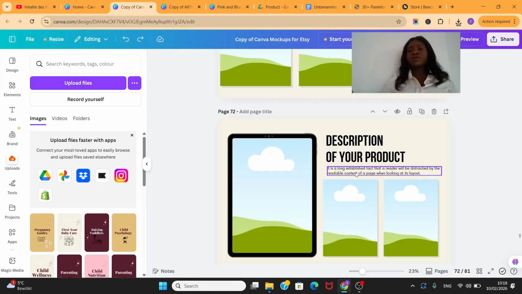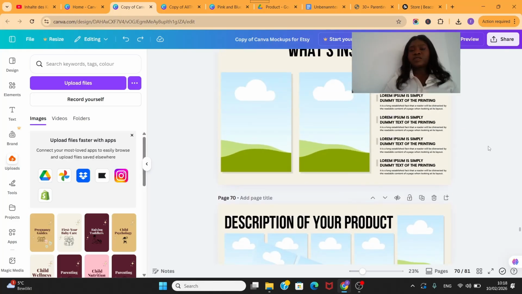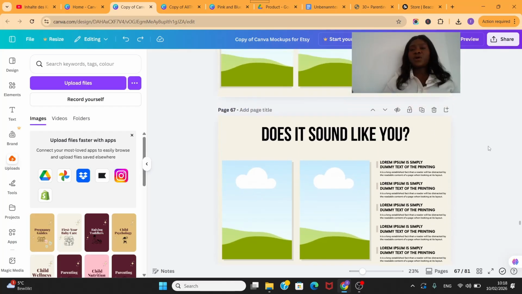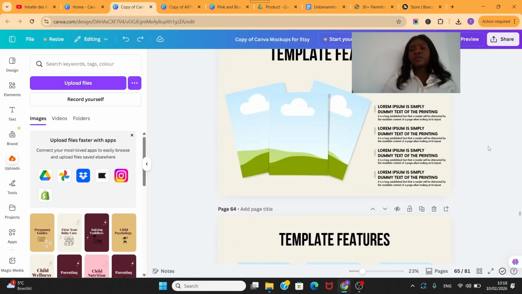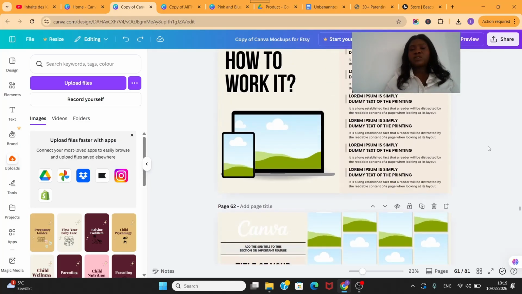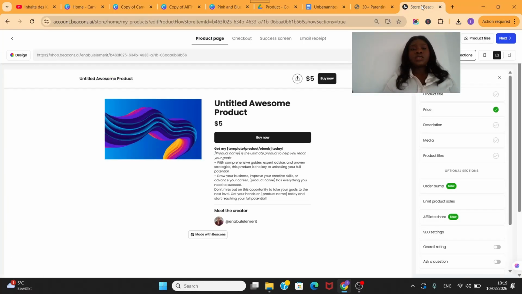However you see it fit, right? You can add the description, what is inside. It's a mock-up, right? It's a mock-up that you can easily use. When people check it, they understand better what it is that you're displaying. Okay, good. Now we go to